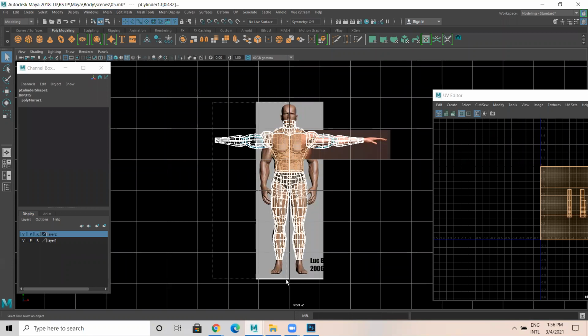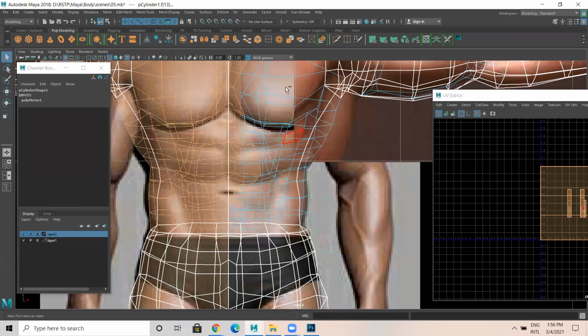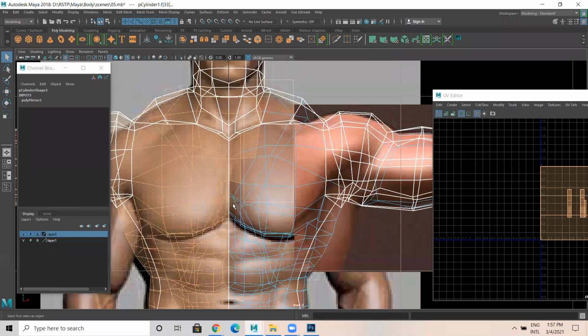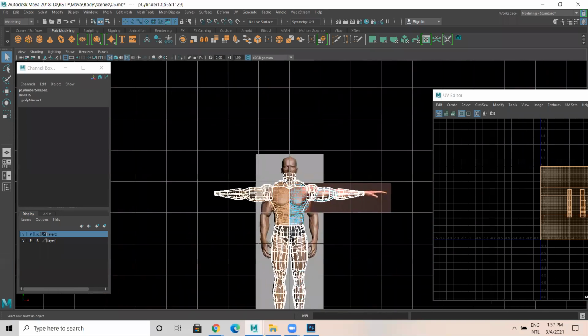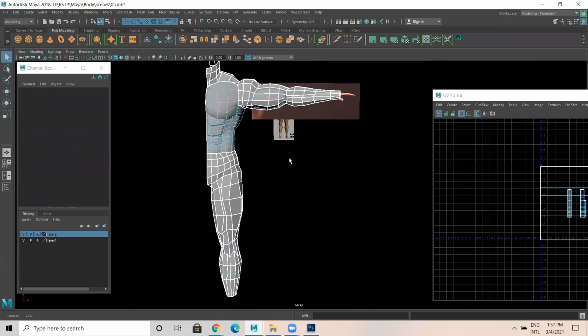Anyhow, the other half we are gonna mirror later once the texturing part is done. So I have only this much now.